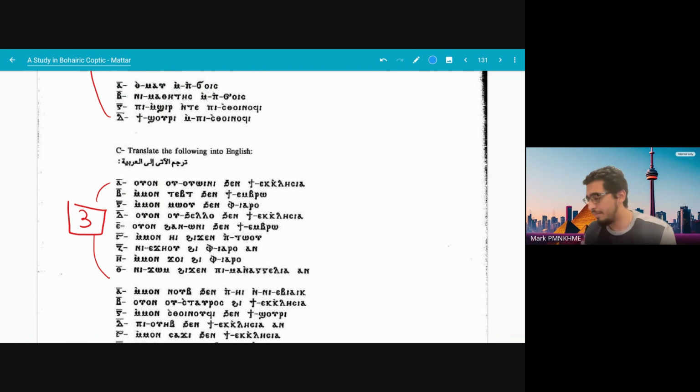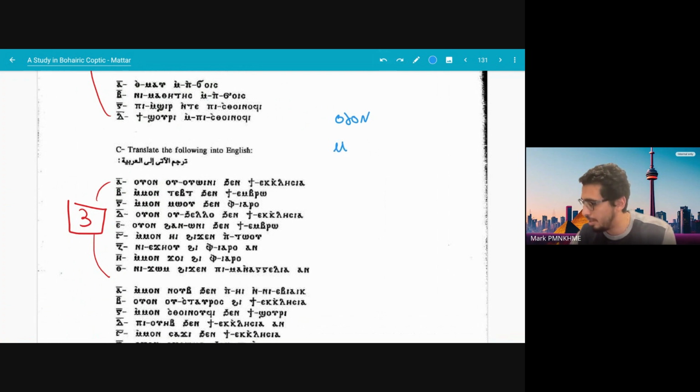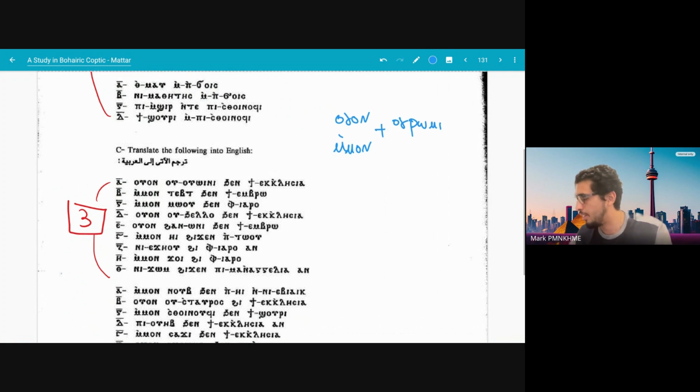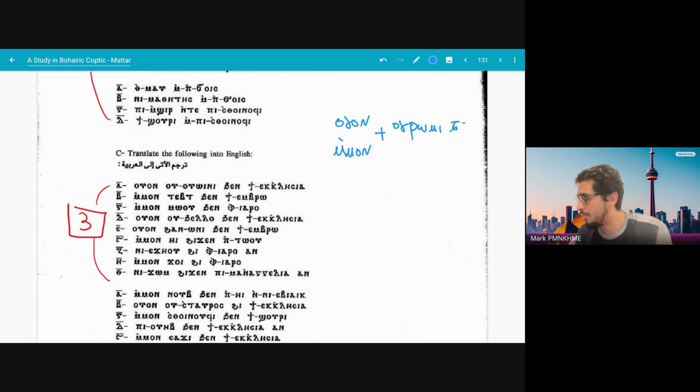However, if it's an indefinite word with an indefinite article, you can't use it as a subject. You have to use oun or M1. Let's do it the Bohairic way. M1, and then plus your indefinite article. So let's say u, and let's say Romi. Let's do it Bohairic, sorry. Romi, on Romi, let's say Genpei.